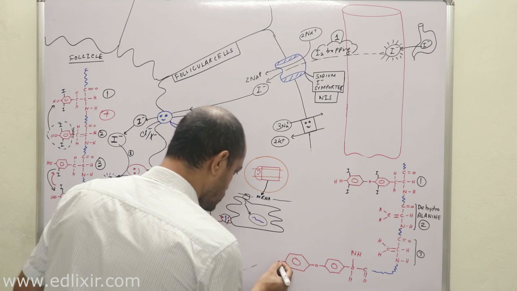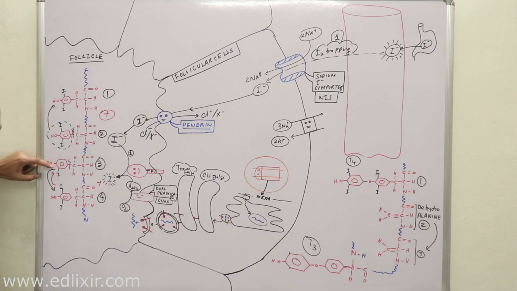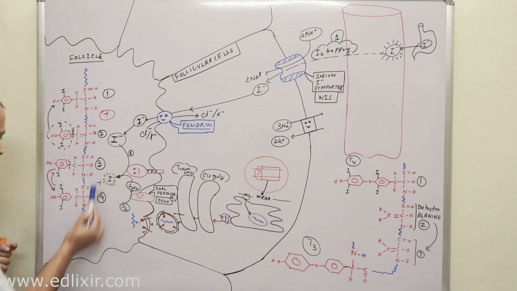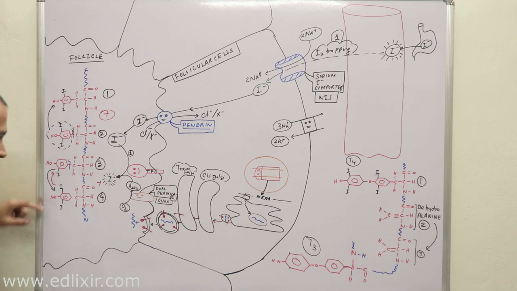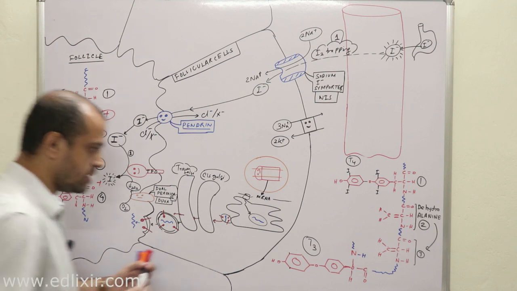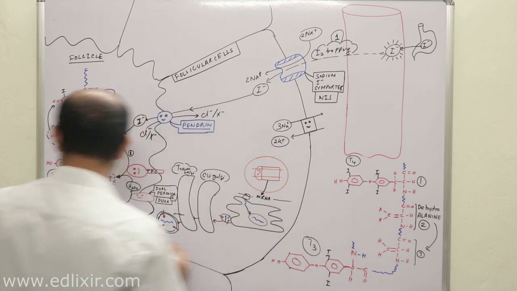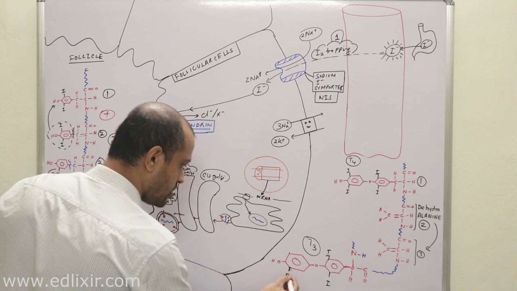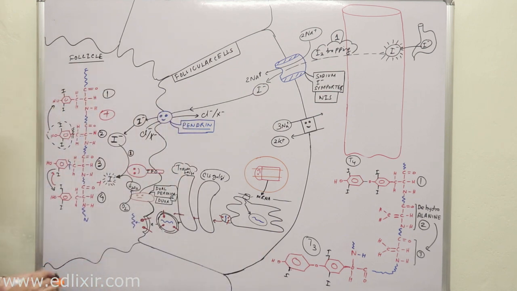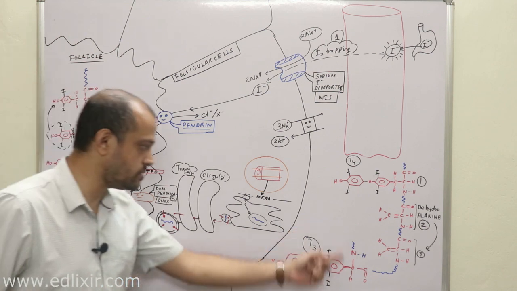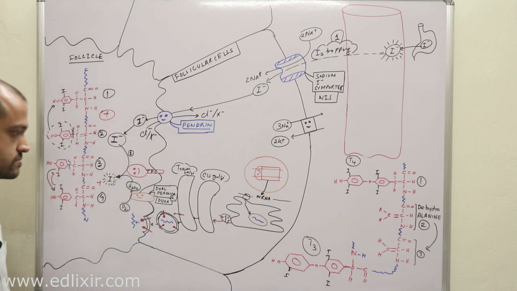Now this is the OH group. What we will have to do is transfer this third benzene ring into the fourth benzene ring. That means we will have to add the third benzene ring to the fourth benzene ring. Now how will it look? It will look like this, right? I am really sorry for that. There is one iodine, right? Now listen. This is your T3, okay? You must correct that right now.